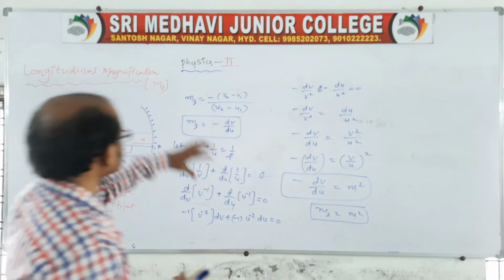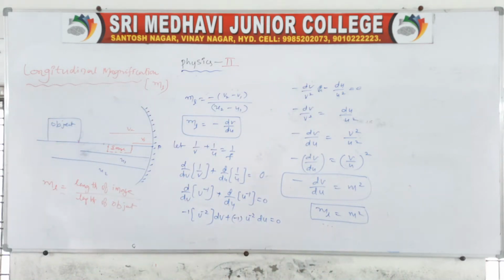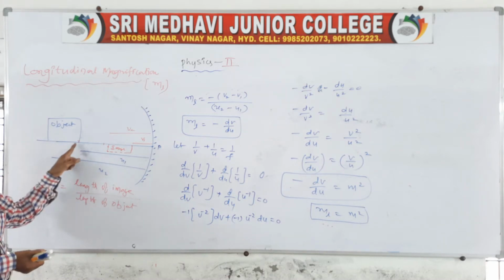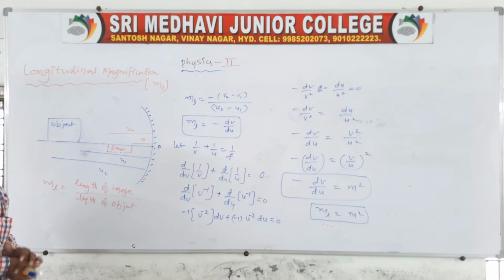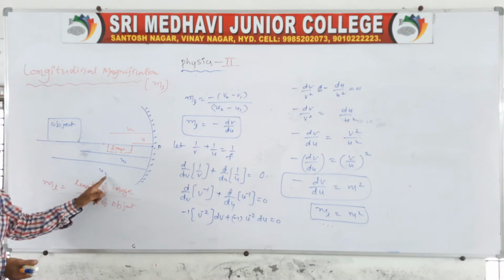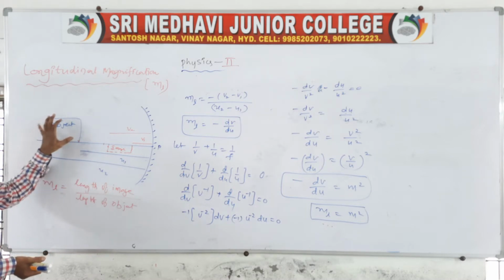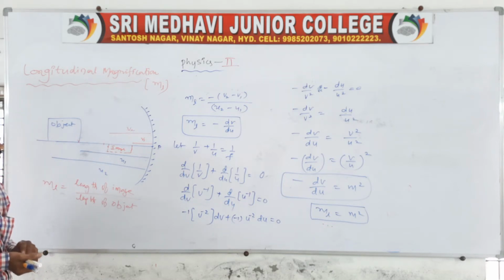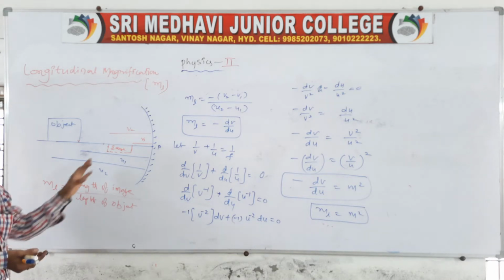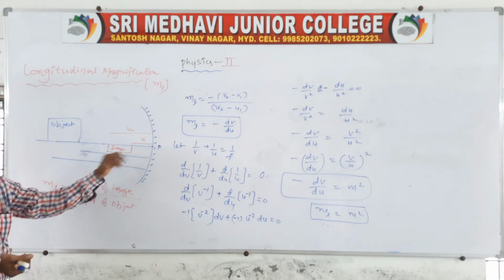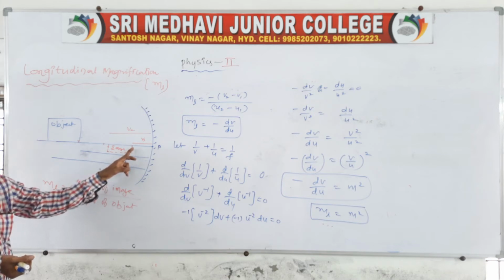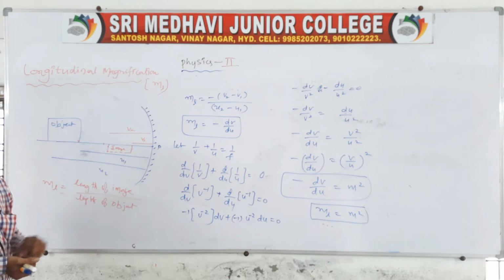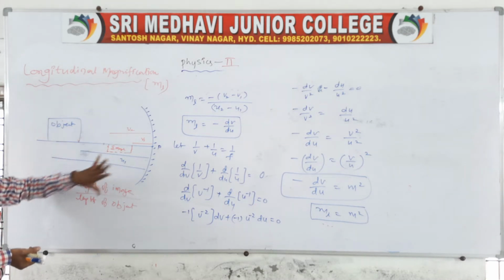In the case of longitudinal magnification, if you take an object, the object distance from the optic center at one end is u1 and at the other end is u2. The image will form real and inverted, because we are using a concave mirror. The image's first end you take as v1 and the second end as v2. So the images will be like this.